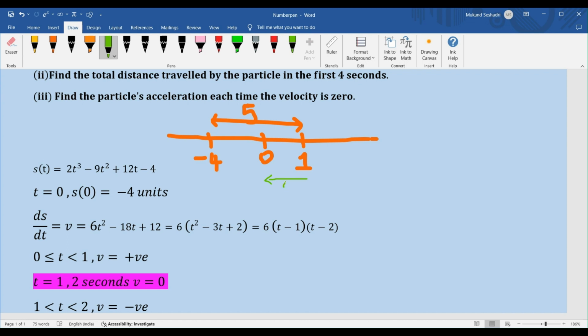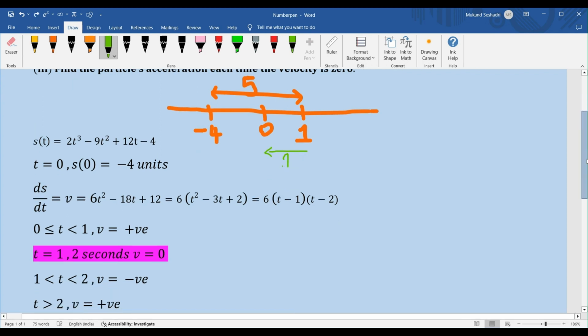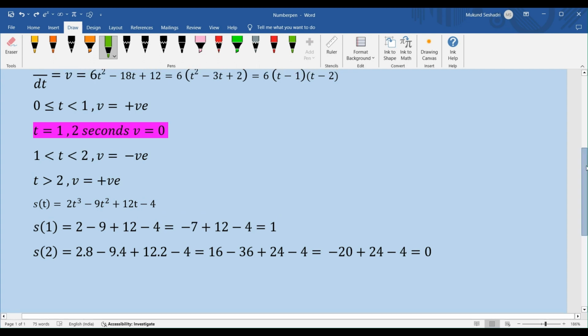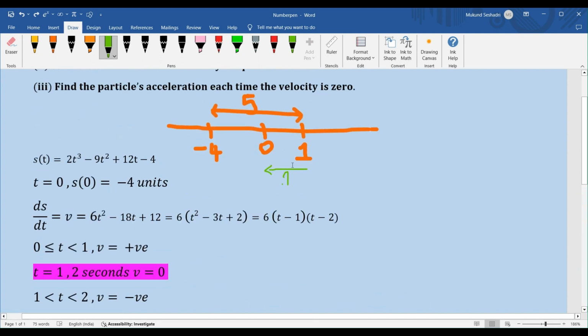So what is the distance traveled between t equals 1 and 2? It's 1 unit, right? So I know that s of 1, we were at 1. s of 2, we are at 0. And during this interval, the velocity is negative, which is where diagrammatically, when I represent it, the particle moves in